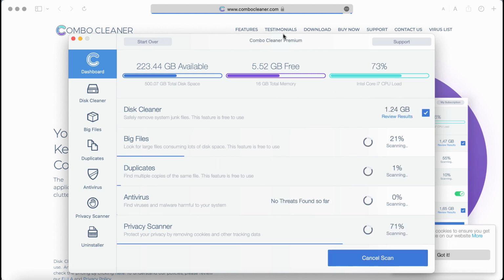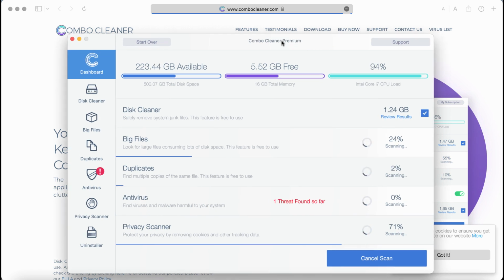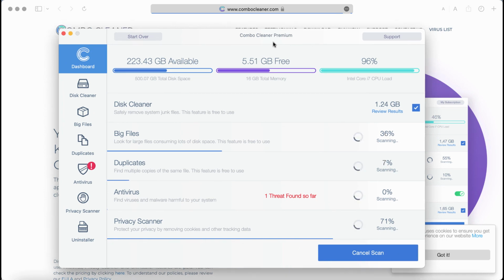In your case, after you download Combo Cleaner, initially the program should first of all update its anti-malware database, which is of course crucial for proper detection and removal of any malware. So then the scanning will begin, and you will see the report about the threats that were found on your computer. Combo Cleaner works very well when it comes to identifying threats like adware, ransomware, browser hijackers, potentially unwanted applications,